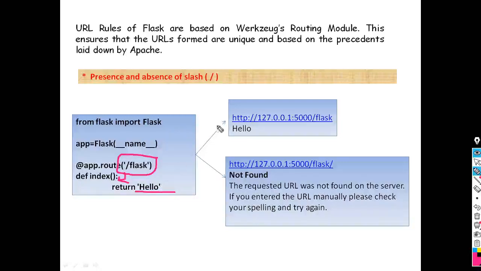So how does it execute? When we enter this URL in the browser, the URL is this one. You should write Flask here because the URL is Flask, and it returns hello. So this URL consists of only the slash at the left hand side, slash and then Flask. And when we type the URL like this in our browser, /flask and then /, it returns an error. What does it mean? We have only given the URL like this, /flask, so the trailing slash is not allowed for this particular URL.